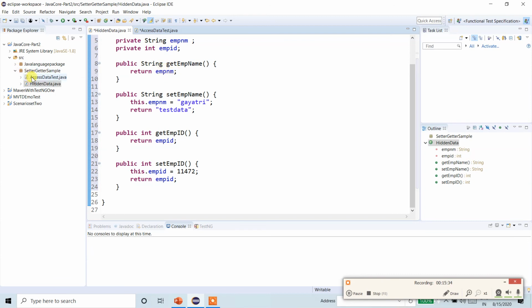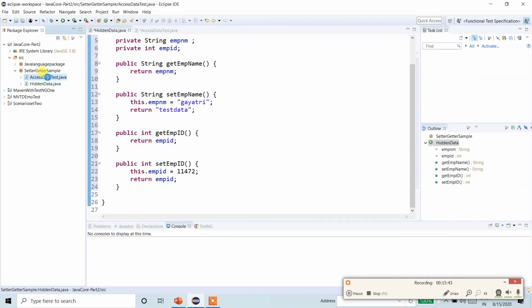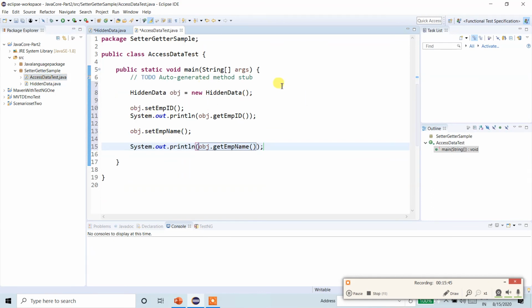So which class should we execute? We should execute the main class. This is the main class, because a class without a main function we are not going to execute, and we are calling all the implementation functions inside the main class by using the object. So here we can execute this class, and we are expecting all the values whatever we have initialized by using setter methods.